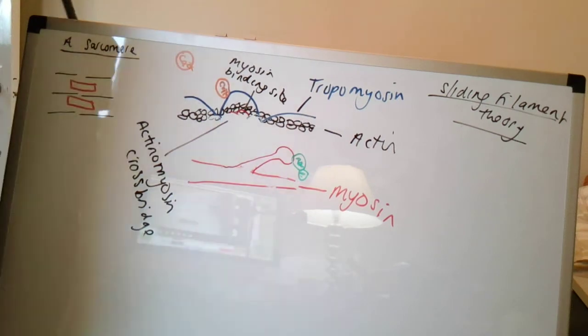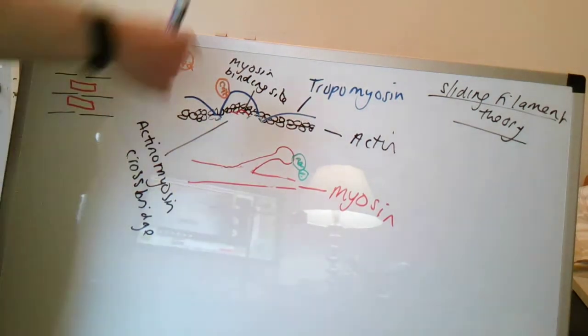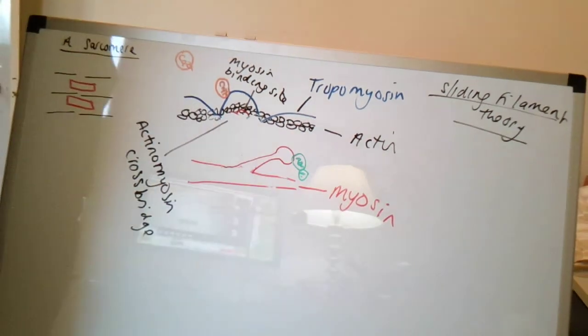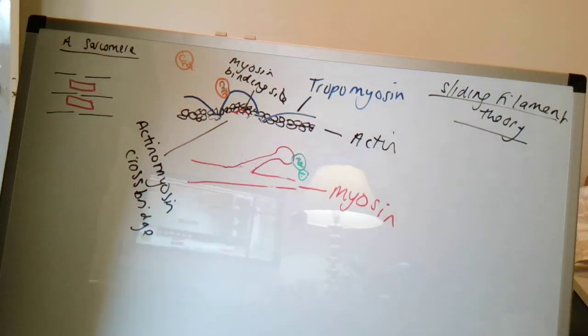So the power stroke is when the myosin head bends on the actin filament, and the recovery stroke is when it returns back to its original position, still with ADP and Pi attached, and that energy there attached, ready for the reattachment later on. So if you need to pause this video at any point, do, and I'll go through the actual mark